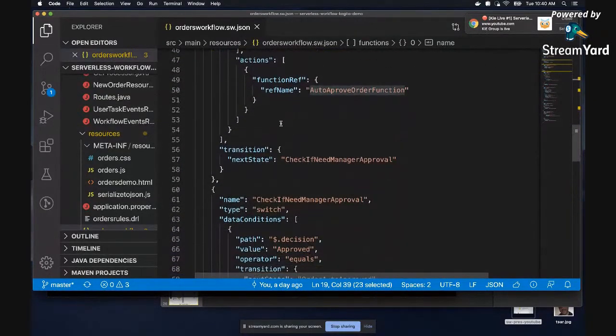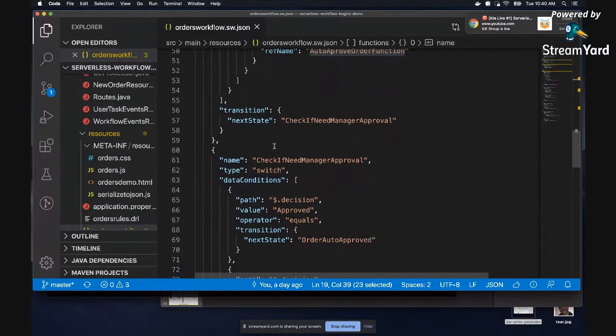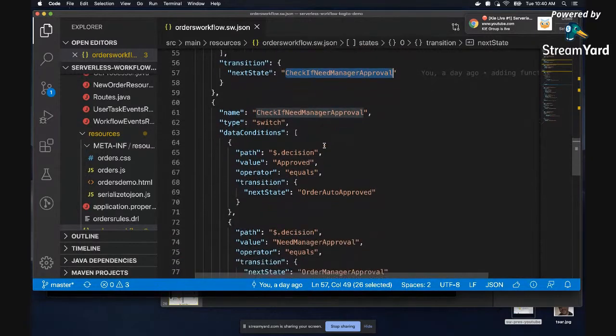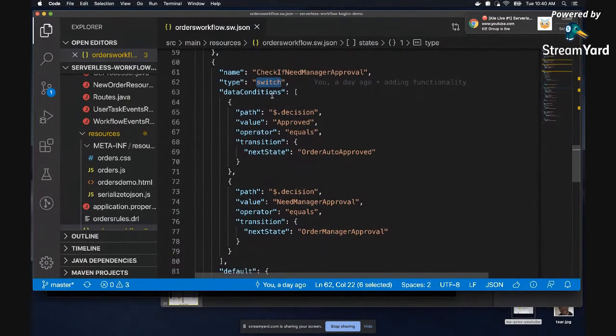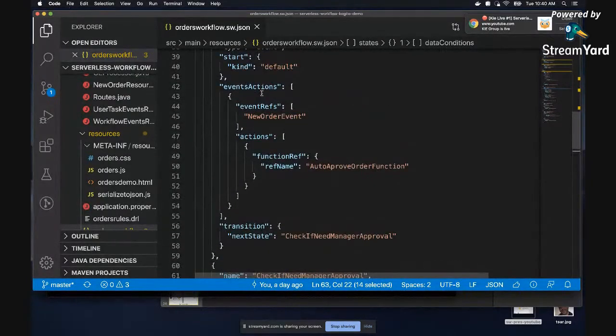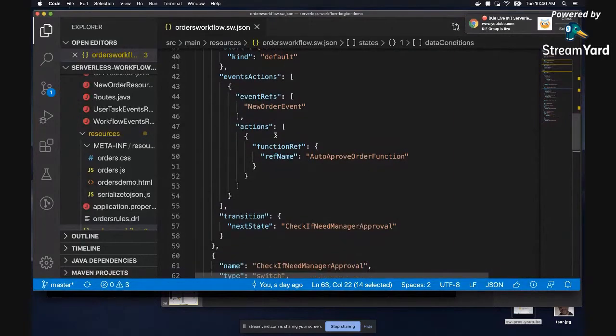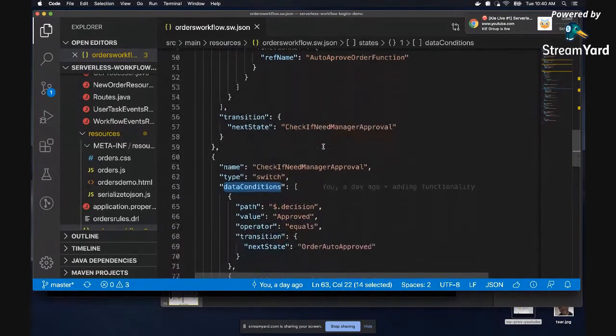When we're done with that, the transition defines that we need to check if we need manager approval. This check-if-need-manager-approval state is a switch state. You can think of it basically as a gateway, and we act on data conditions. In this case, we're not waiting on some events to happen. For example, we're looking at the data that came as a result of the function call from our rule service.